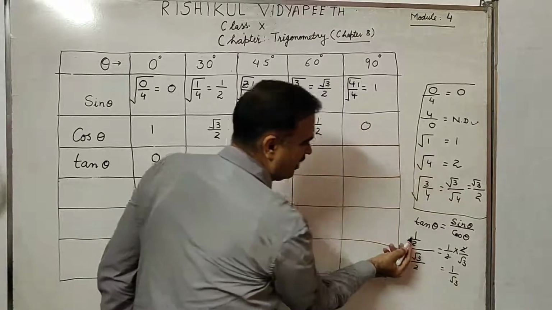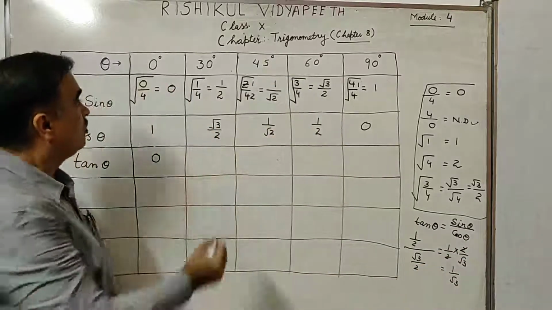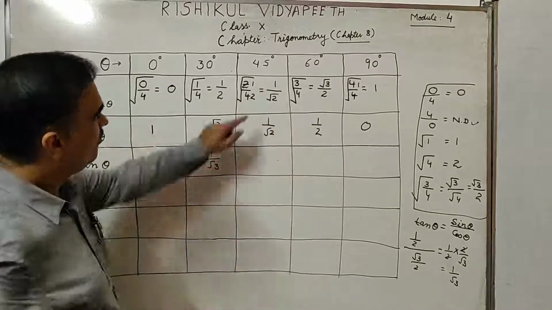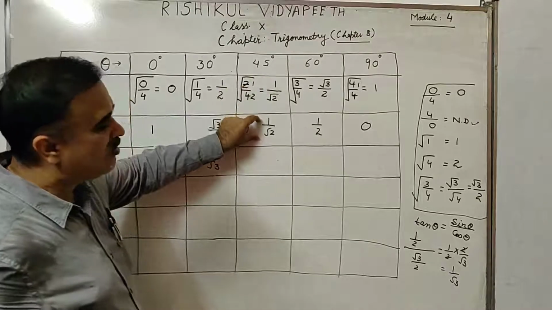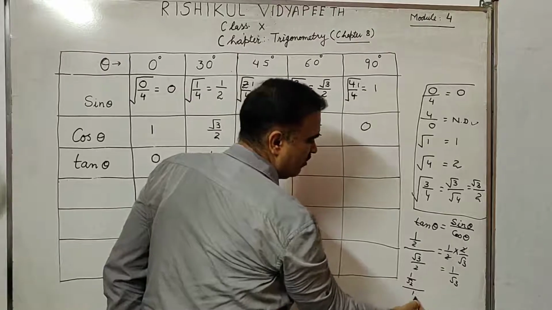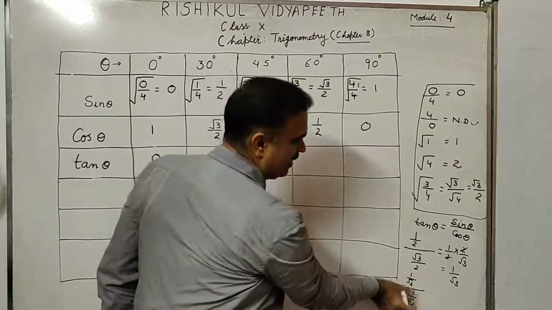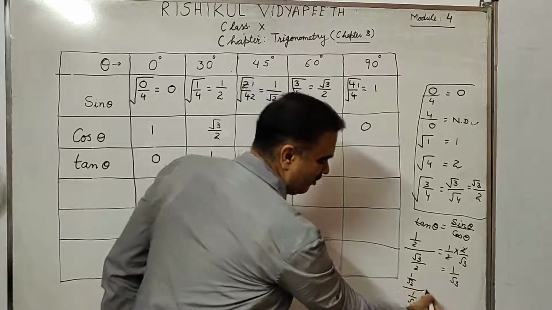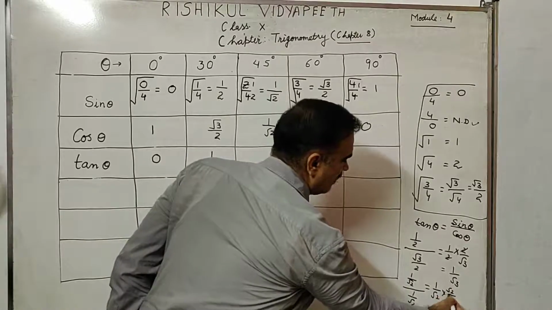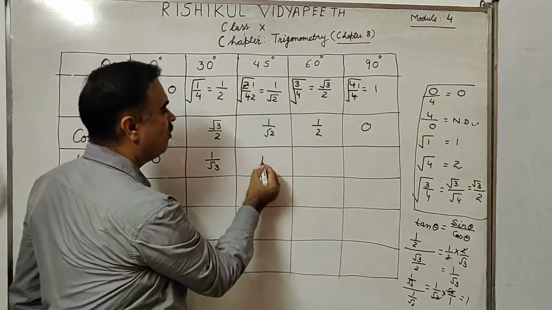You know 1 by 2 stays as it is, then the other will be reversed, and 2 is there and root 3. So here we can write 1 by root 3. What is this now? 1 by root 2 divided by 1 by root 2. If x is divided by x, it is 1. The same number divided by the same number is 1. If you want to do it, this will be inverse, root 2 upon 1. This cancels out, it is 1. So here also we get the value 1.